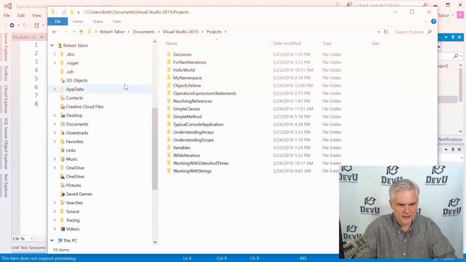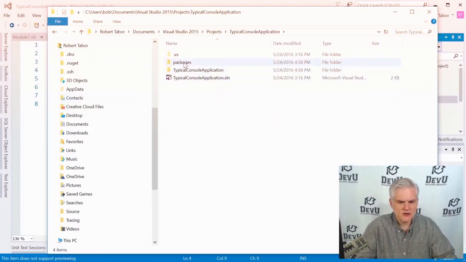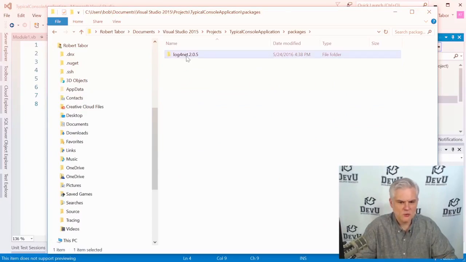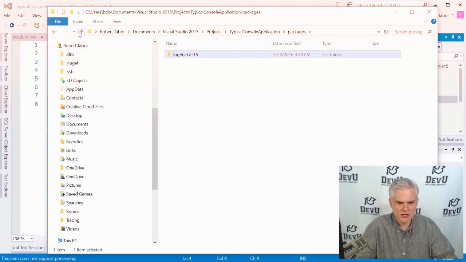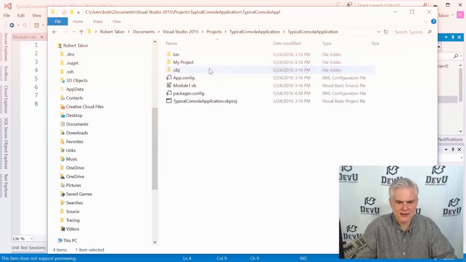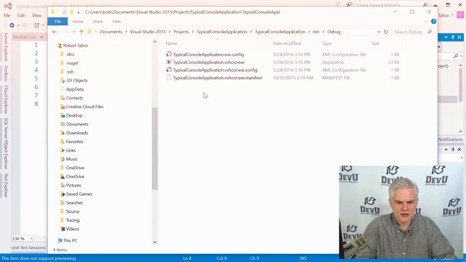Here, let me find it real quick. Look for typical console application, and here you can see that there's a packages folder where we have the Log4Net, and there's a bunch of different versions of it. And then when we go to actually utilize it and compile it in our application, it'll show up in our debug